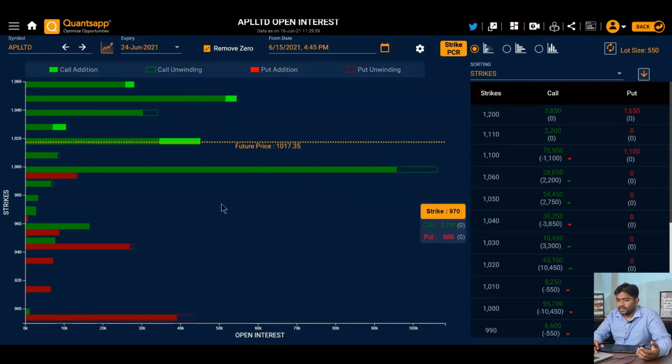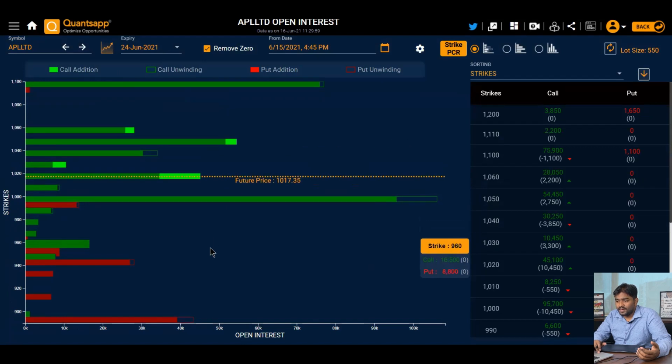Now APL Limited, the stock has moved up today. It is trading above the 1,000 call option. See, this is the call option, and it is showing you the open interest. So a lot of people might have created a position. We have already discussed open interest when we were talking about option chain analysis: the highest call option works as a resistance, and the highest put option with OI is the support for the market.